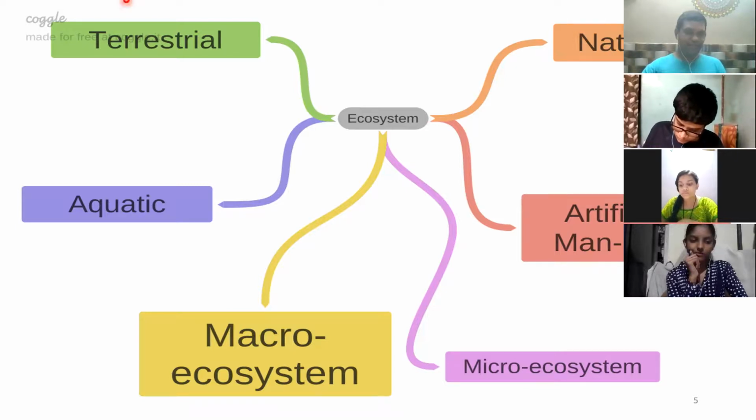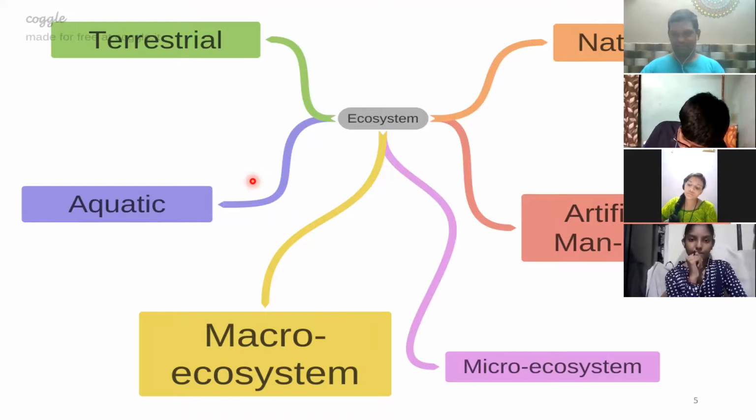Correct? That is the meaning, because an ocean is formed naturally. Human beings have not made it. So natural we have, and at the same time, it is a large one. So it is a macro ecosystem also. Same way, the third criteria is in what type of a state of matter is the ecosystem.